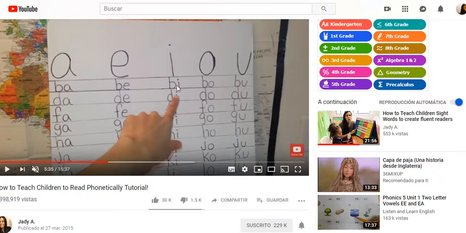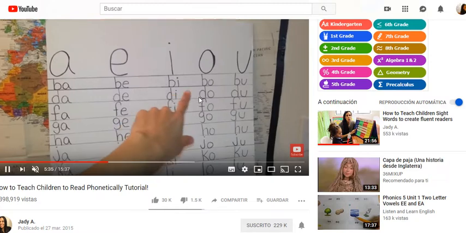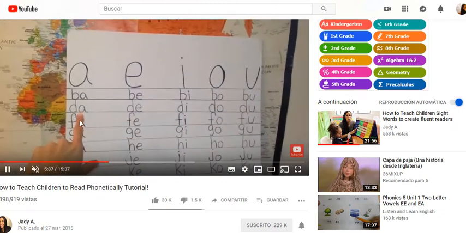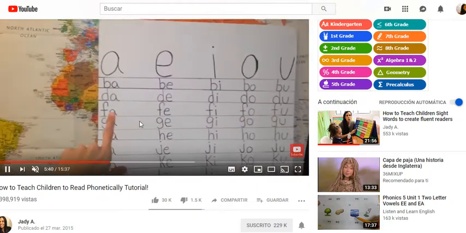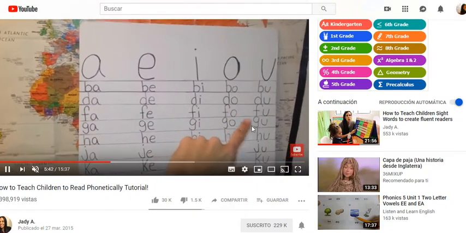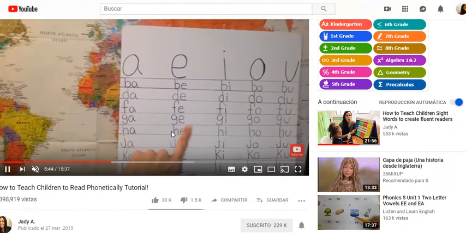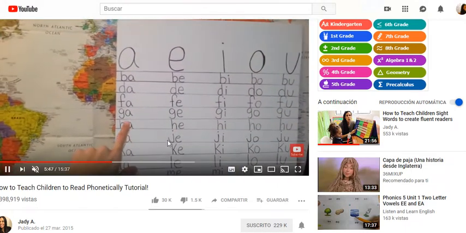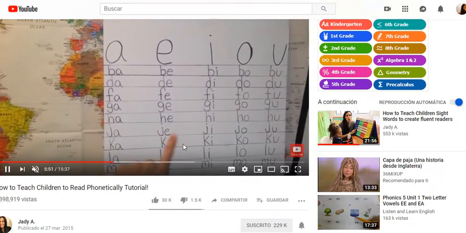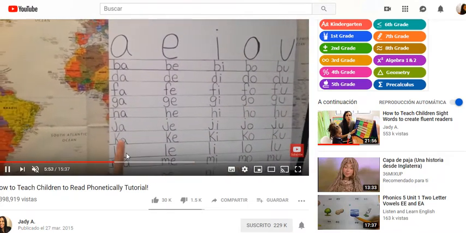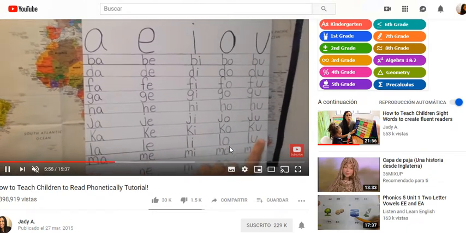Ba, be, bi, bo, da, de, di, do, fa, fe, fi, fo, ga, ge, gi, go, ha, he, hi, ho, ja, je, ji, jo, ka, ke, ki, ko, la, le, li, lo,